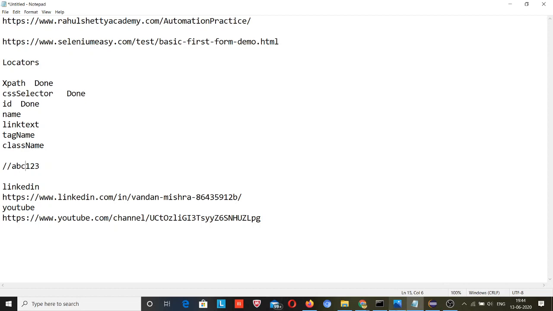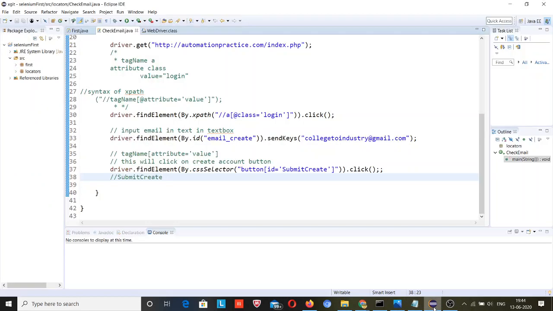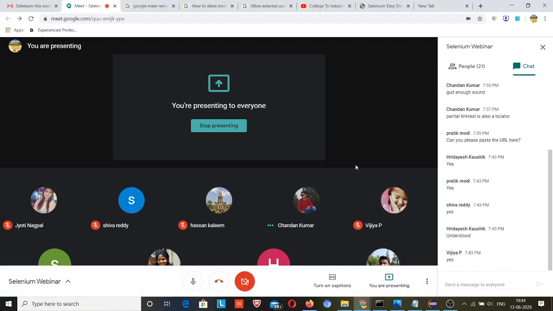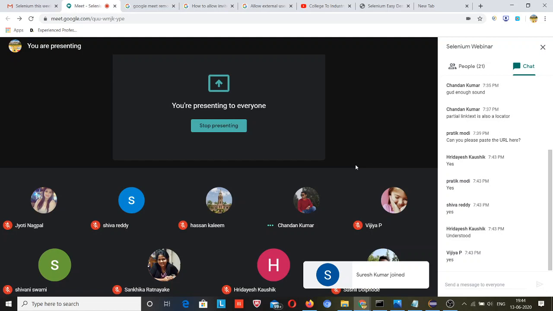But sometimes the situation may occur that the ID will not be constant. I am trying to say that an ID will always be unique, but not always constant. If an ID is not constant, it does not mean that it will not be unique in the web page. It will always be unique in the web page, but it may or may not be constant.